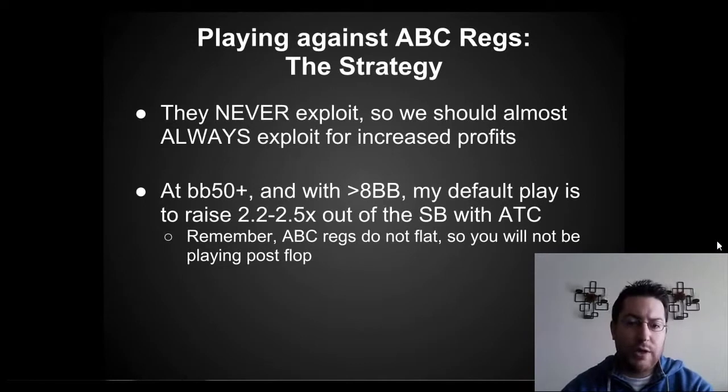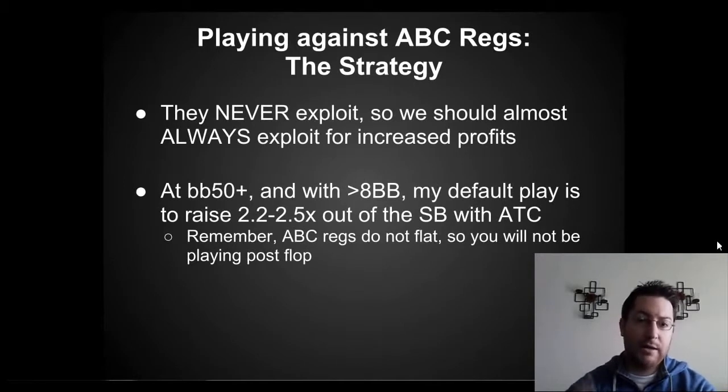So we want to get into the strategy now, if you identify an ABC reg that is in the big blind, how should we play against them? The key concepts to keep in the back of your mind are, one, they're never going to exploit us. So accordingly, we should always look to exploit them. So how can we exploit them? Quite simply, because we know, one, they're not going to flat, two, they're not going to exploit, meaning their 3-betting range is typically not going to be too wide,